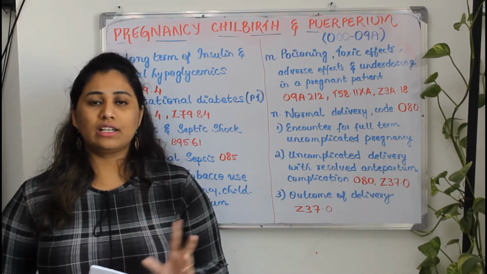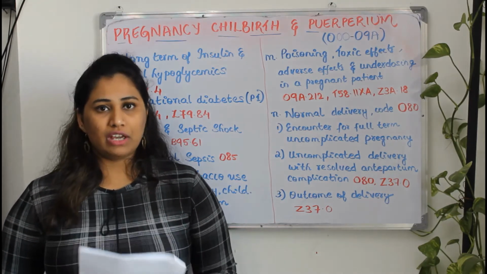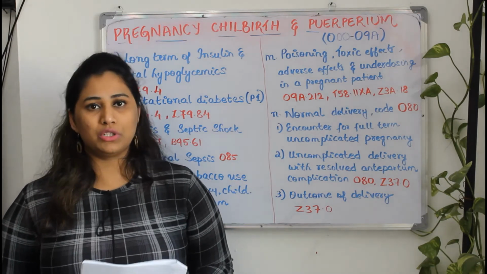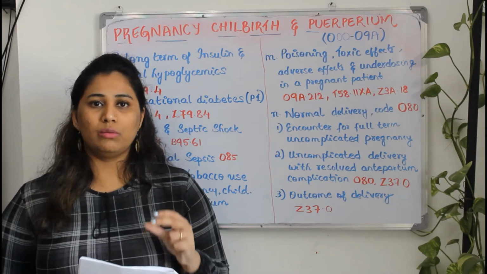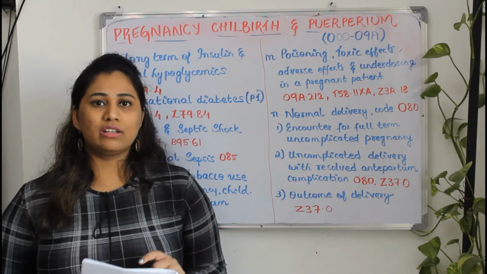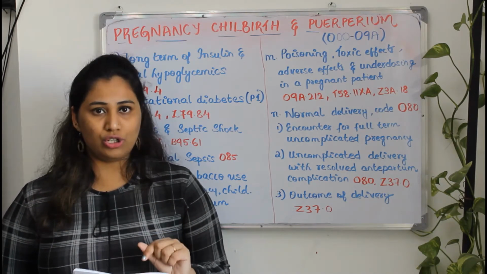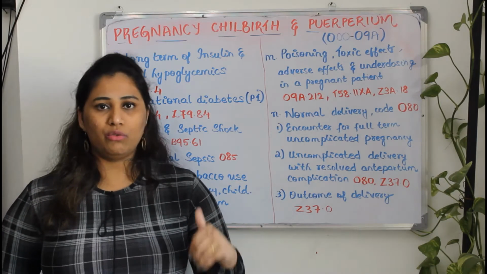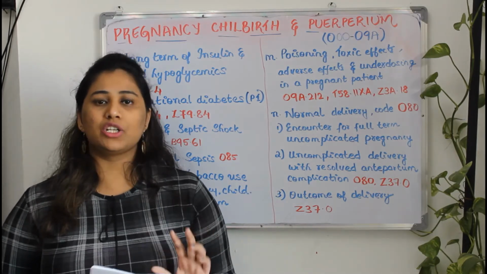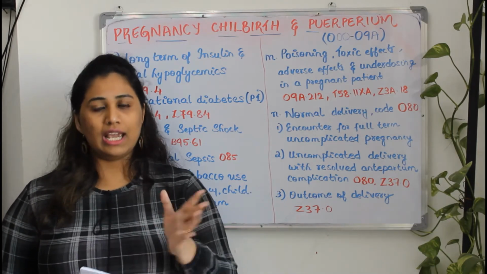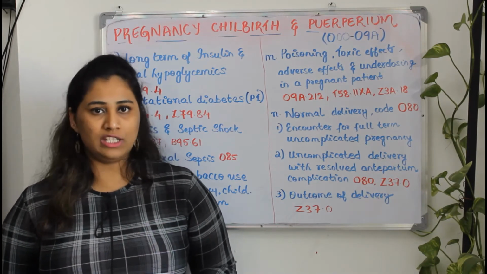I think Vidya has taken those classes and she has mentioned the difference between use, abuse and dependence. If you have not seen that, just go back and have a look so that you will understand how to code that. Okay, so in this scenario, primary code will be from O99.31 and your secondary code will be from the F category. Here the category code will be F10, alcohol use, and your last code will be the weeks of gestation. How many weeks the patient is pregnant, you are supposed to mention there, and the category code will be Z3A, and if it is 18 weeks it will be 18, 17 means 17. Based on that you need to indicate it.